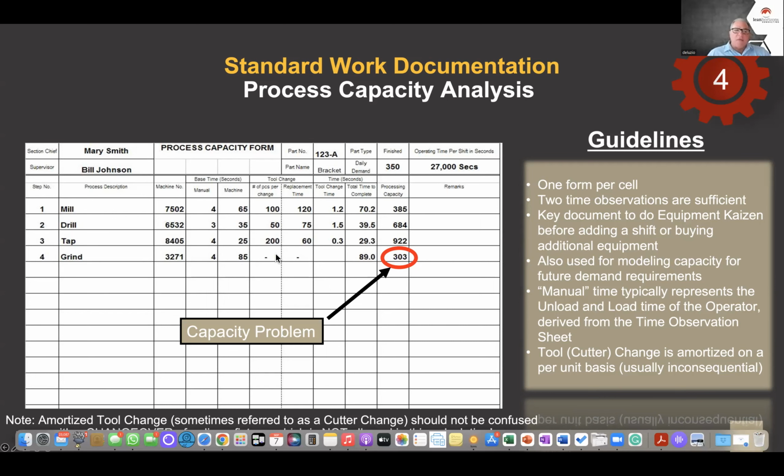Oh, by the way, when we talk about tool change here, I am not talking about changeover fixtures, not changeover. This is just replacing the tool into the tool holder. That's all that is. If you're a machining operation. If you're not a machining operation, that section most likely would be blank. All right. So this process capacity table kind of gives a picture of